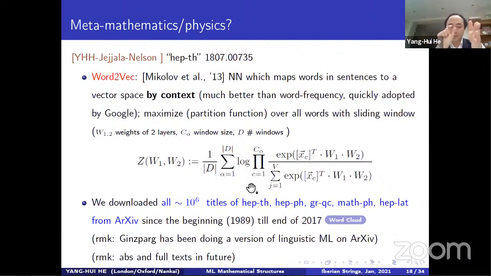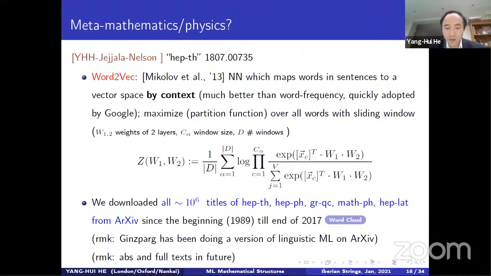So word frequency is not good enough to tell you what text you're reading, but if you minimize this partition function, which also takes in the relative distance of words, you can map this using a neural network, which he calls word2vec, into a vector space. And this vector space has a structure. And this is why, when you type in Google searches, it's because of Mikolov, who was hired in 2013 by Google. If you type something, it auto-completes because he knows what the probability of the next likely word is